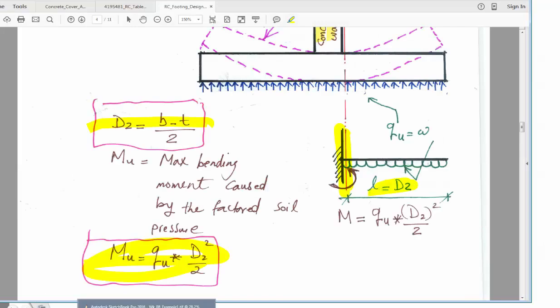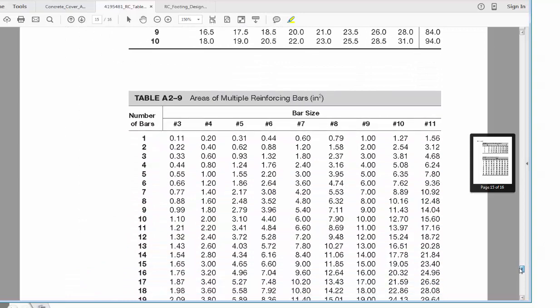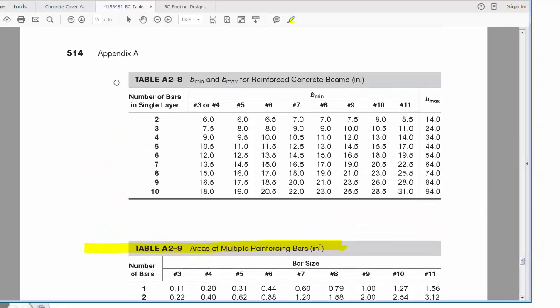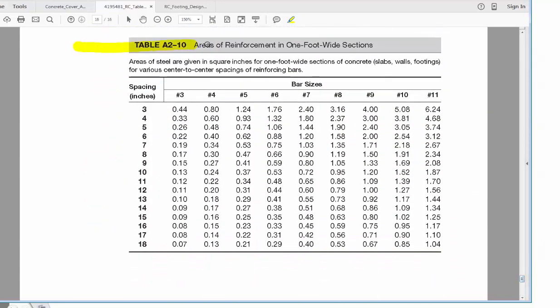So if you go to tables here, and the table A29 is for combination of bars, but I will not need this one, I will need this one. This is area of reinforcement in 1 foot width, so you have to use table A210. In our case, we had a value of 0.702 inch square per foot, so probably